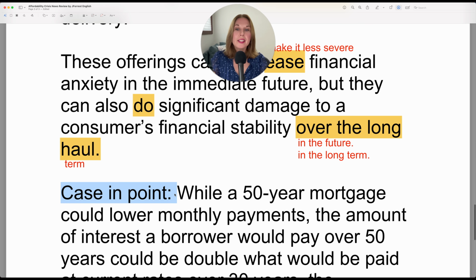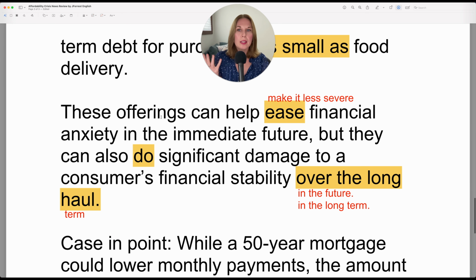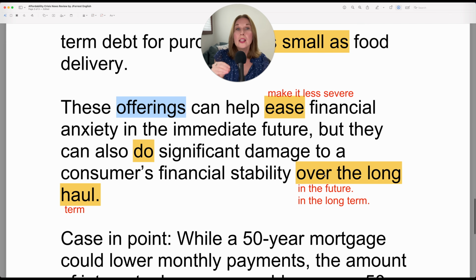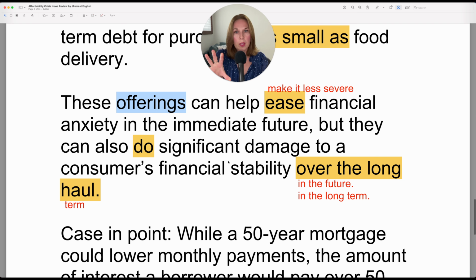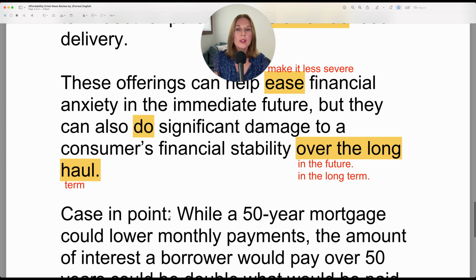Let's continue. Case in point. So they're using this as a phrase to represent that they are now going to give you an example of what they just claimed. They just claimed that these offerings, which represent buy now, pay later, 50-year mortgage, 7-year car loan, those are the offerings. These offerings can do damage in the long term. That's their claim. So now they're saying, case in point, they're going to provide an example of how their claim is true. So instead of case in point, they could say, for example,